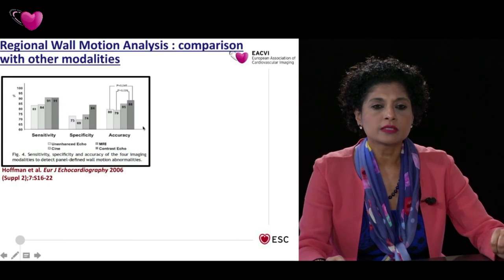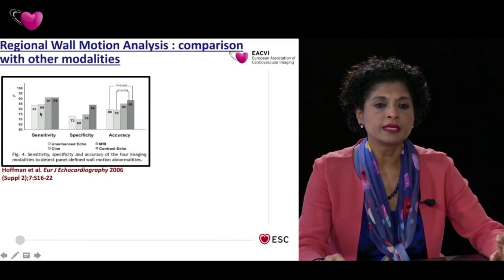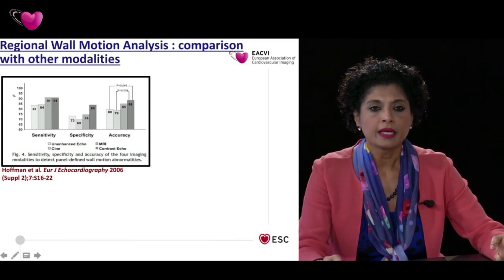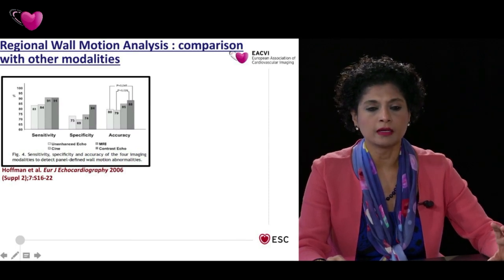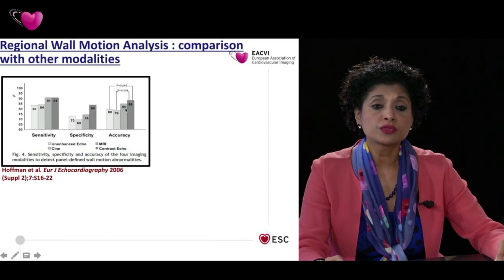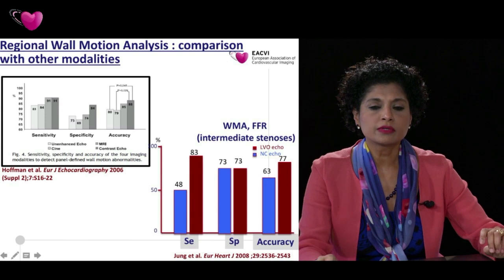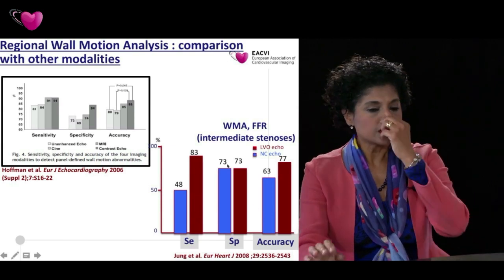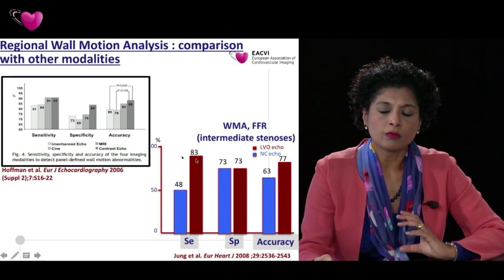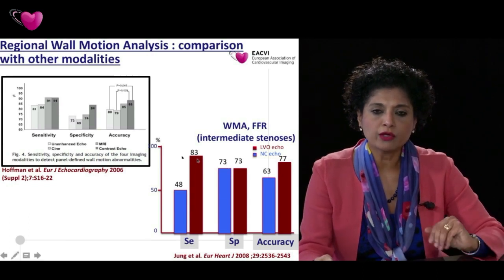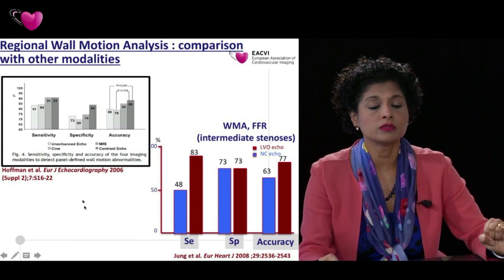So you see contrast echo, which is being compared to non-contrast enhanced echo, cine angiography, and MRI. And the accuracy of contrast enhanced images is clearly higher than non-contrast and angio, but is also higher than MRI. So this is for assessment of wall motion abnormalities, and also in the setting of stress echo. And this is in fact with intermediate degree of stenosis, where contrast enhanced images were very accurate in identifying problems when invasively measured FFR was used as a